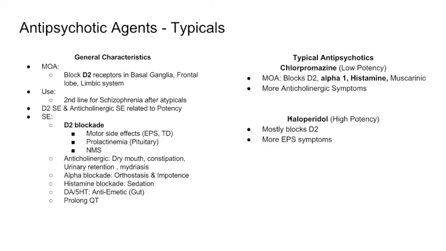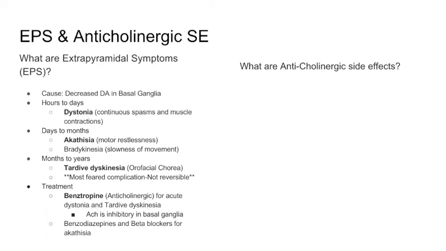A high potency example is haloperidol. That mostly blocks D2. It doesn't have a lot of anticholinergic side effects because it's highly potent and you need smaller doses, but the trade-off is that you get more extrapyramidal side effects because of the blockade of D2. So as I have said,